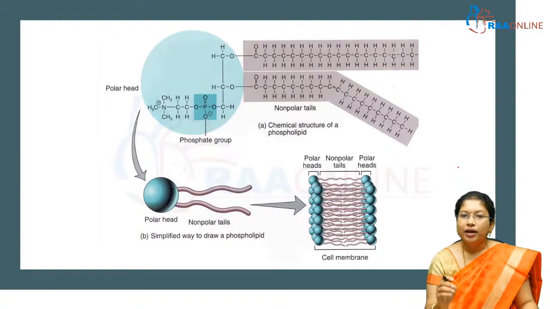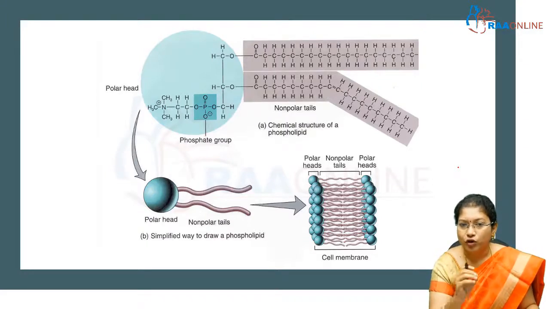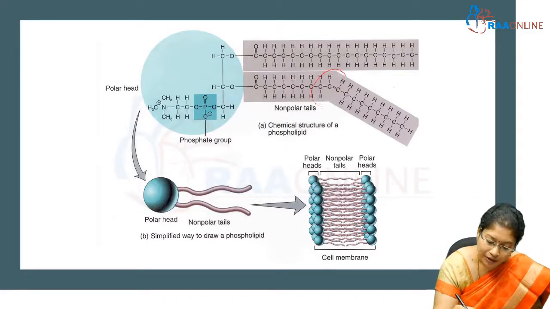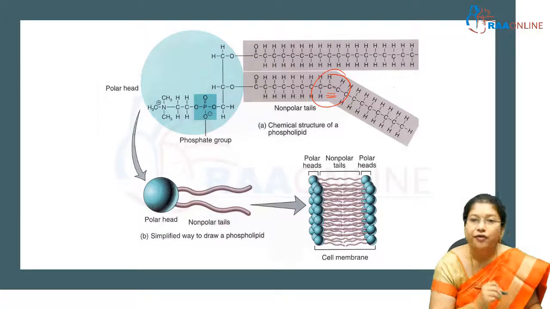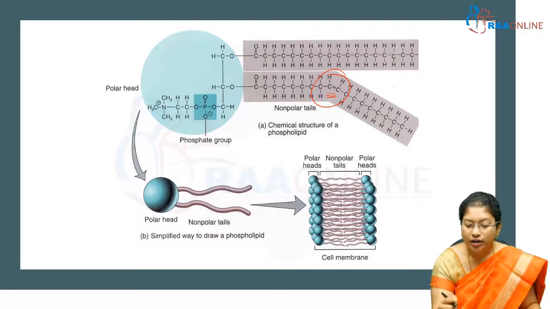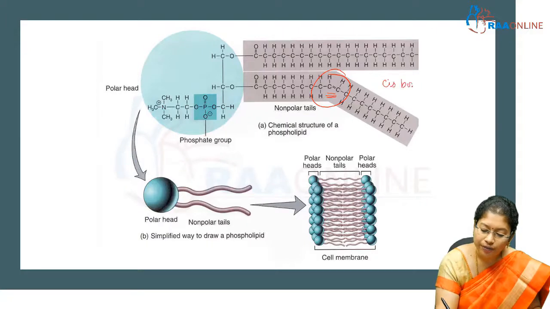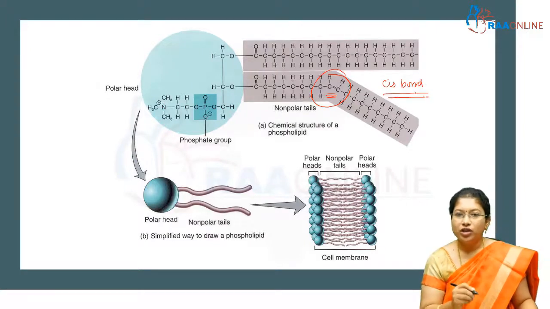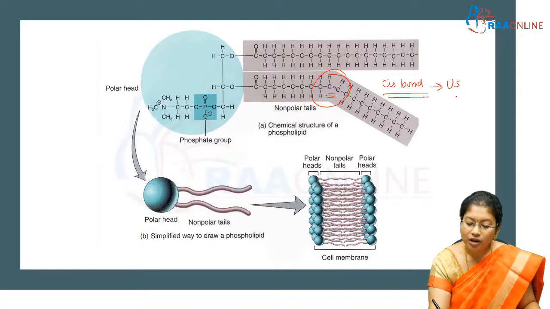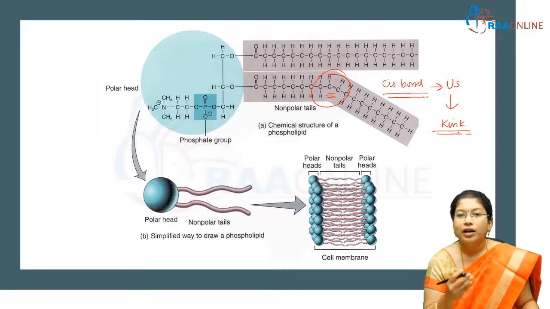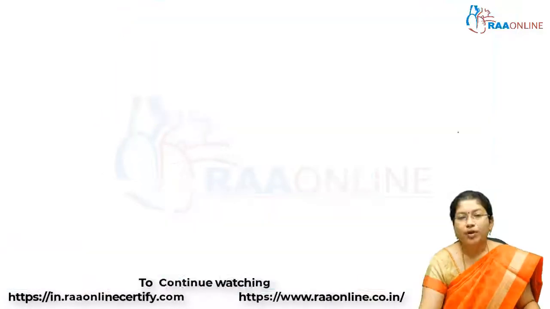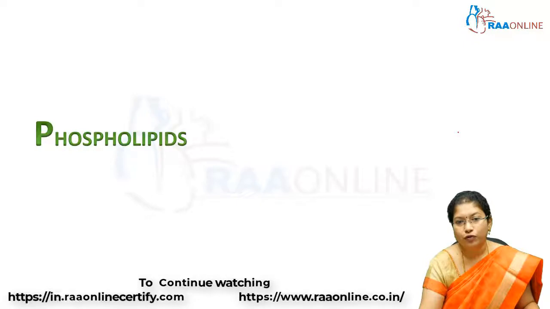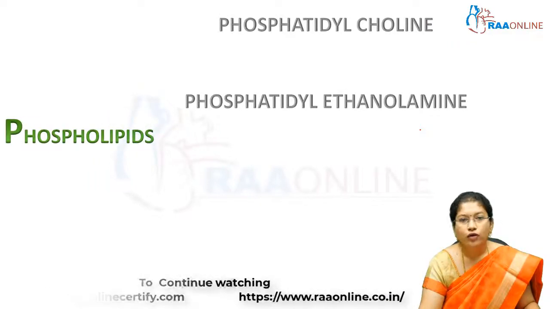But you can see a kink in the tail of the phospholipid. Kink means there is a bend here. This bend is produced by the unsaturated fatty acid. That means there is a cis bond, which leads to unsaturation. This produces a kink, otherwise a bend, in the tail group. This helps in fluidity of the membrane. Coming to the phospholipids, it contains many phospholipids. One is phosphatidylcholine, phosphatidylethanolamine,